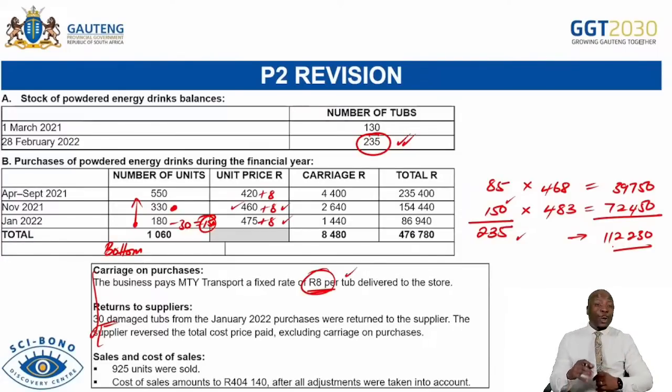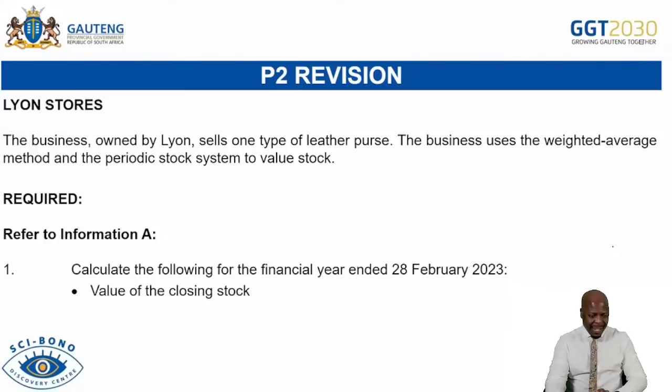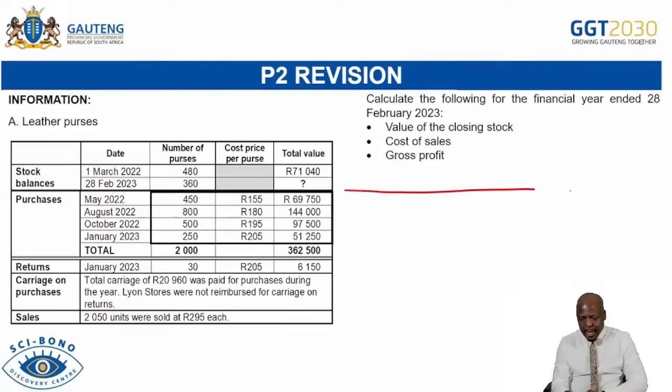Now, I want us to go to the next method. Remember, time is of essence. So I want us to go to the next method, and then I'm going to see if we can do other calculations as well. Now, in this one, they say calculate the value of closing stock. Which method are they using? Weighted average. Now, with the weighted average, it is very important to know the formula. The formula. So I'm going to draw a line here. And then I'm going to say rands over units. Rands over units. Opening stock in rands,